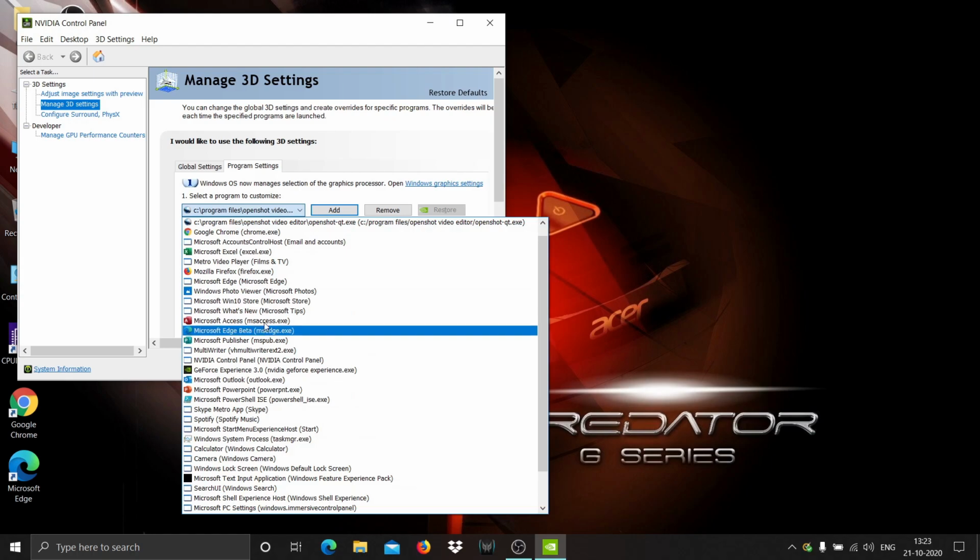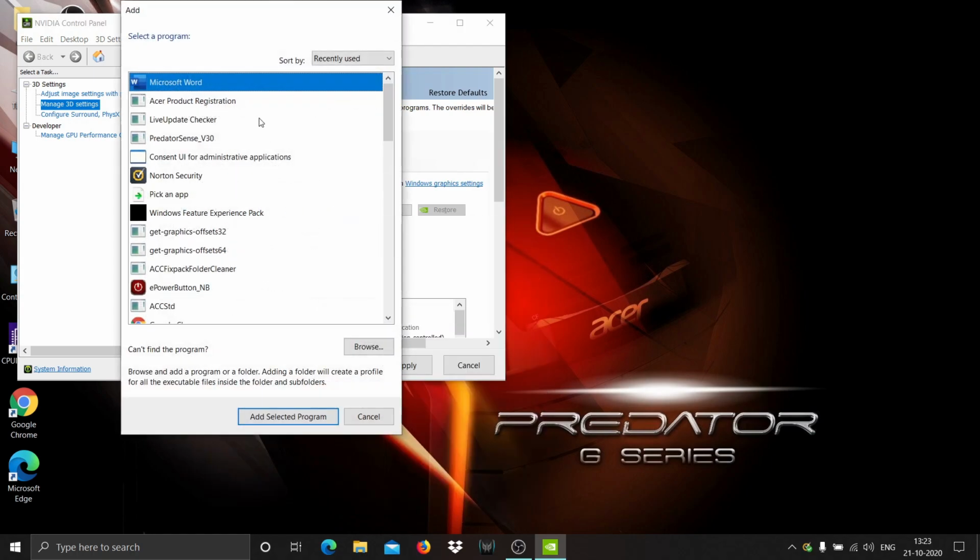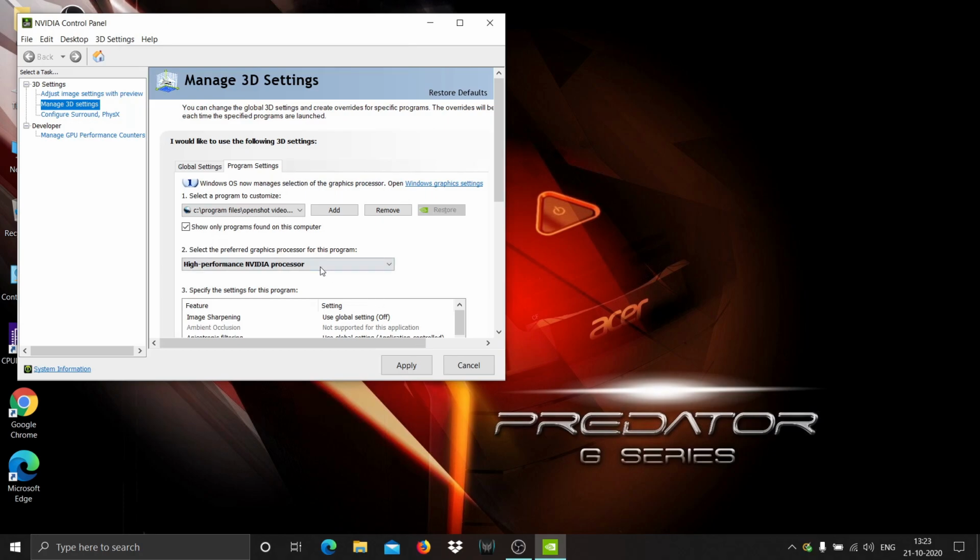And if you do not find it in the list, you can simply click the add button and pick any software that is needed. After that, add selected program, and then select the graphics card which you need to be applied. Then hit apply, and I chose the OpenShot video editor.